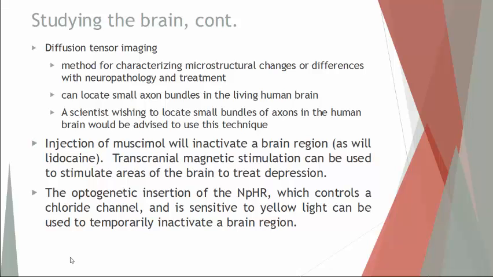MRIs are much less invasive. You get the information much faster, within a few minutes, and you get the image in 3D. So you'll be able to see where the sample tissue that you're looking at relates to the rest of the brain. So it is a lot faster, it's much less invasive, and overall it's a much better process. But because it's much faster, there is one big downside. You only get to see areas in general. You can't focus in on very small sections of the brain.